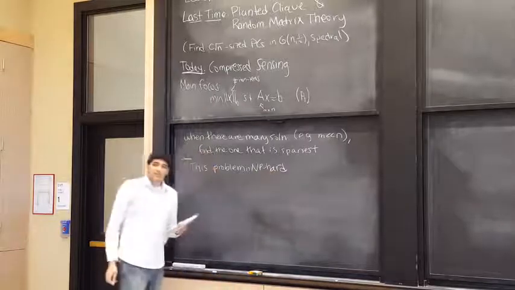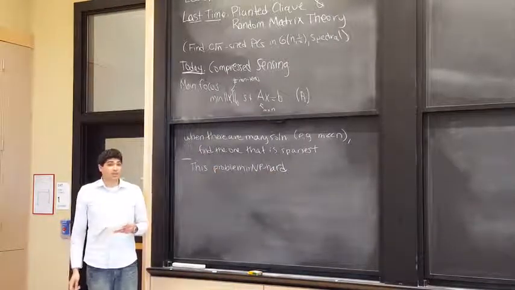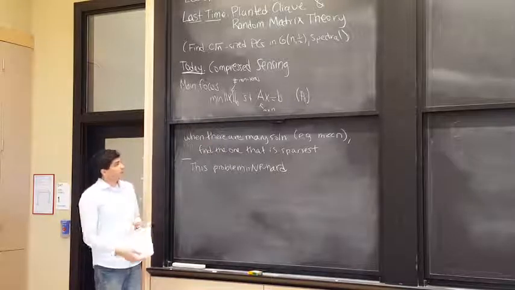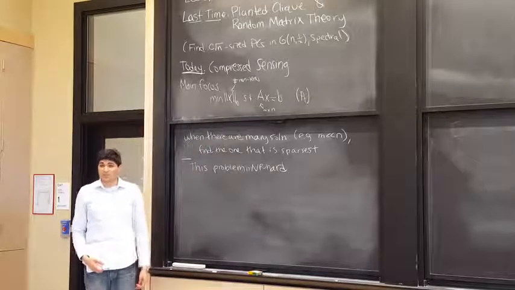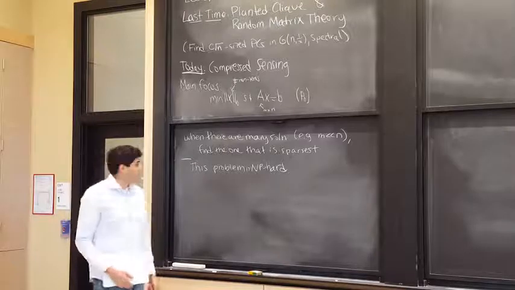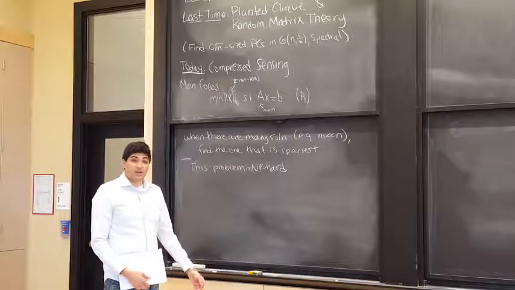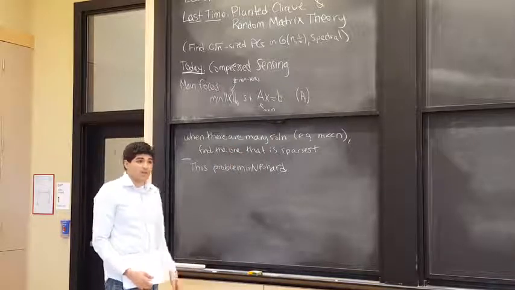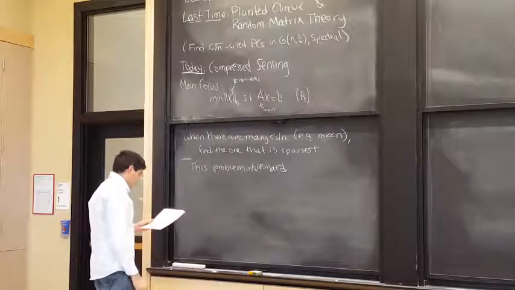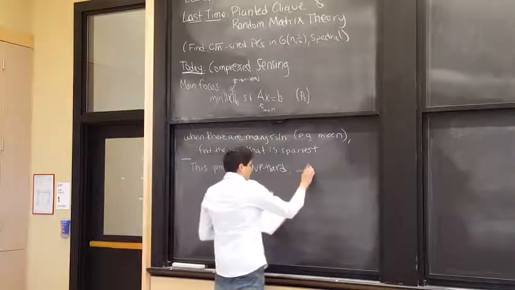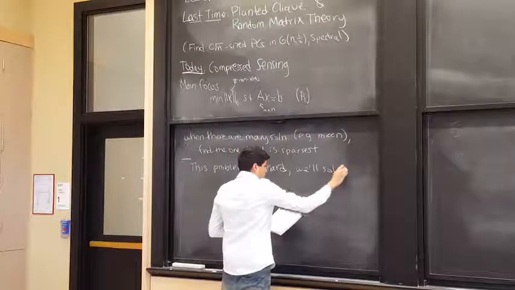But what I'm going to tell you about today is that you can solve it anyways in really important families of instances. So even though this problem is hard, there are interesting examples of linear systems which really do arise in a lot of settings, where you can actually solve this problem in a provable sense and actually find the best solution if there is a planted good solution. So the way that we're going to solve it anyways,